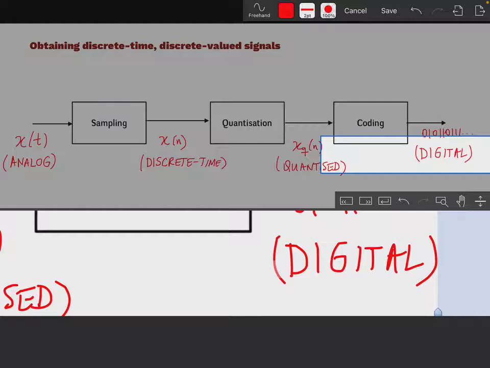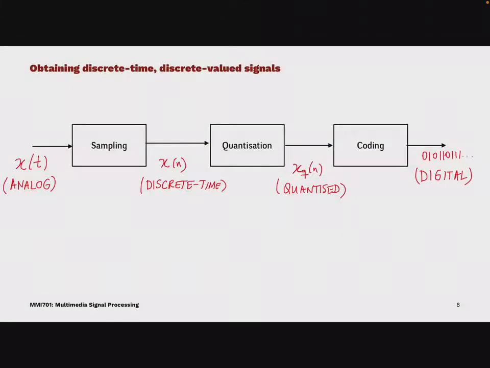But luckily enough, it is in many cases possible to base our understanding of signal processing prior to the coding stage. By the way, one thing that you should remember, here we're not talking about coding in the sense that we will be talking about compression. So this is something different. We're just converting quantized values to bits basically by coding. So it's not compression, it's a completely different thing. Okay, so these are different stages where we obtain our digital signal.